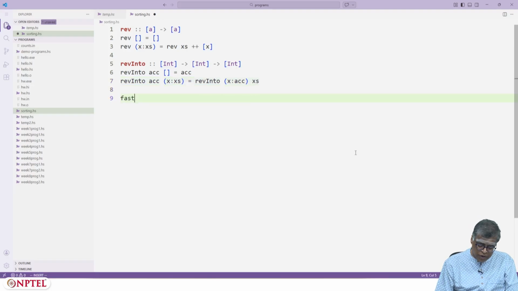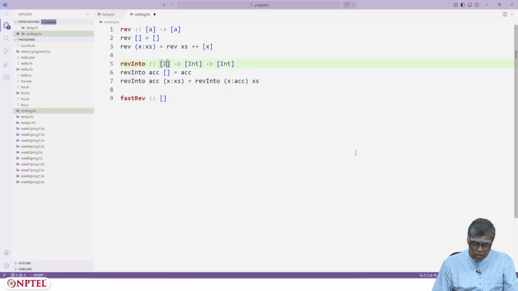And then I say fast rev. It needn't be int, it can be any a.